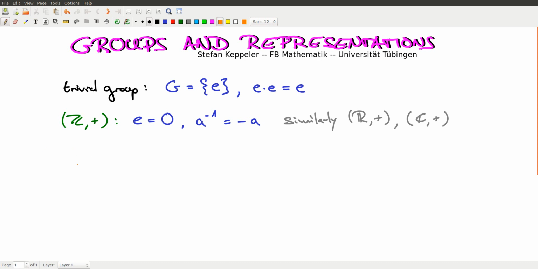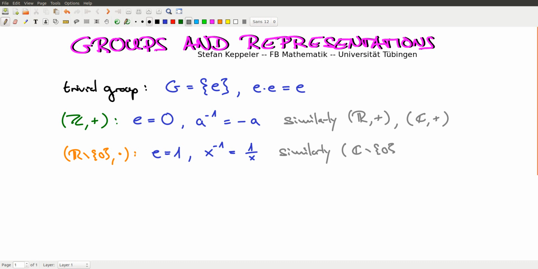Multiplication can also be used for defining groups. Let's consider the real numbers, but remove 0, and then say the group operation is multiplication. Now the identity element is 1, because multiplying any number with 1 gives us back this number. And for a real number x, its inverse would be just 1 over x, because 1 over x times x is 1. And that also works for, say, the complex numbers